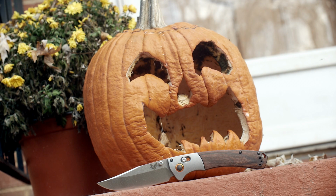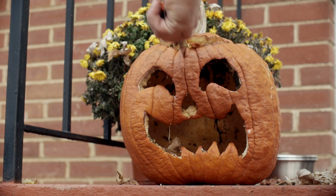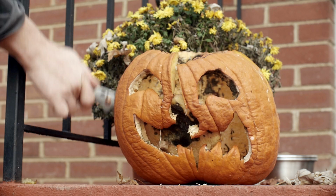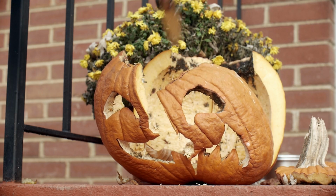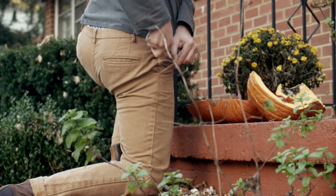Okay, so you have some extra money laying around now that you're not building your bunker and not buying ammo by the dump truck. You've seen that new Crooked River by Benchmade, and it looks like something you might need to buy, despite sharing the first name Crooked with something else that's also bought. Wink. So let's check out the dimensions, which turns out is not any easier than just saying dimensions,